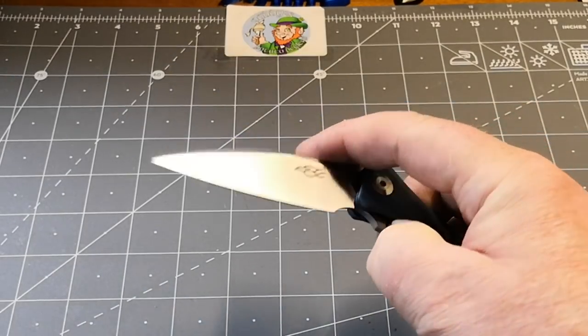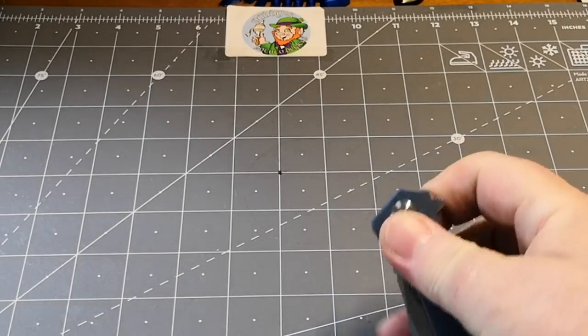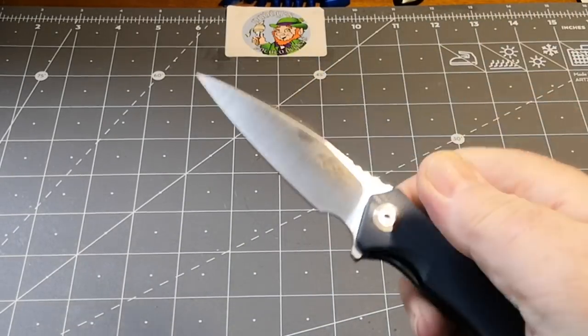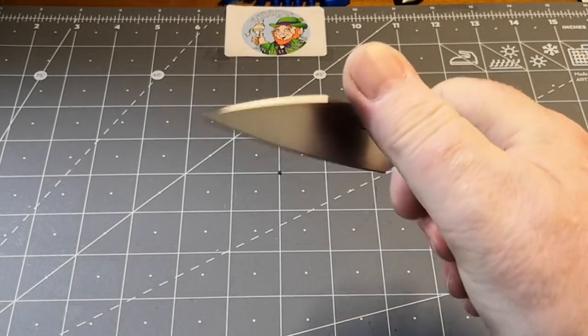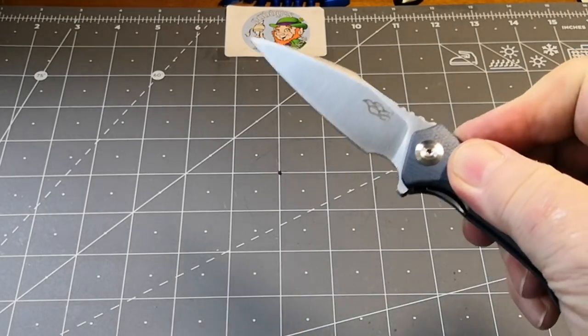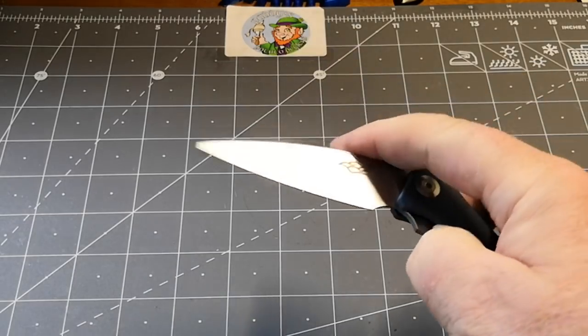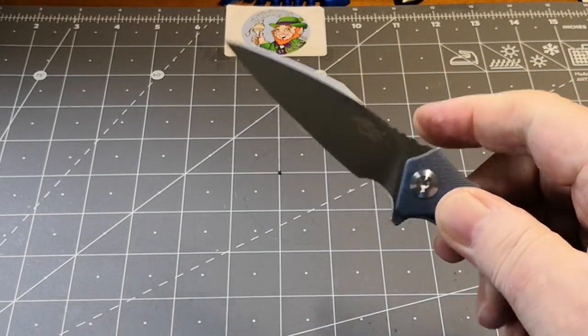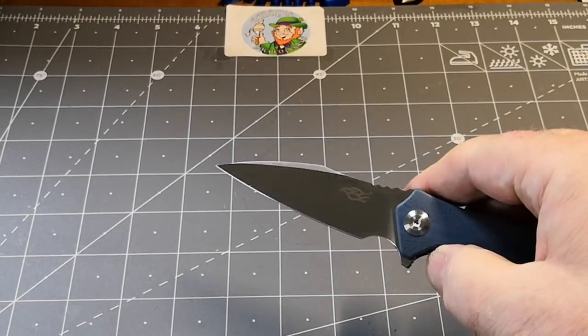That wasn't particularly snappy. Oh, that was a lot of effort to do that. I just wanted to see what that was like. Yeah, it doesn't come shooting out, but it definitely comes out all right. The push button, you'll get a much better...